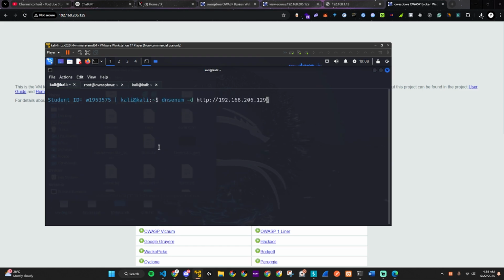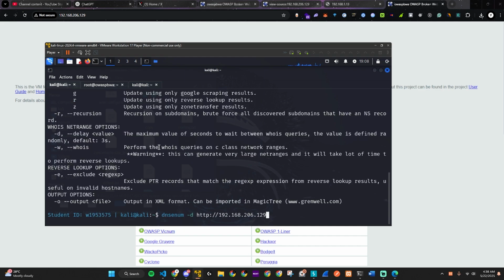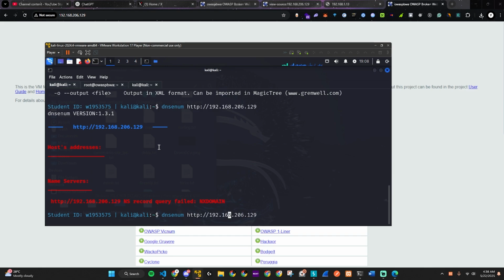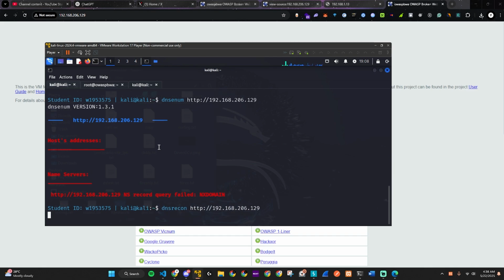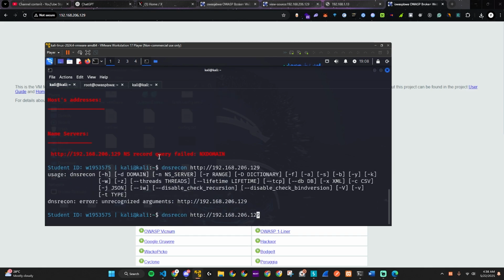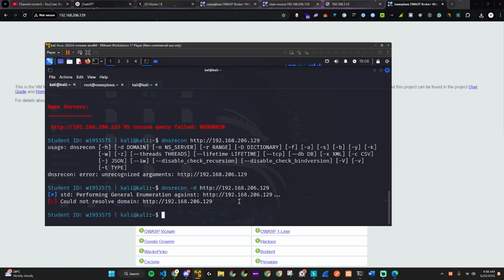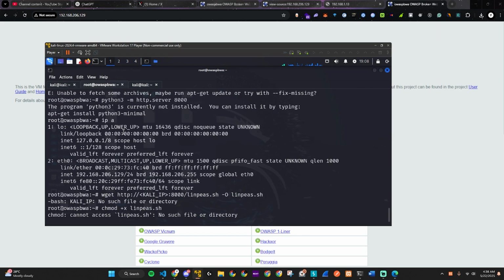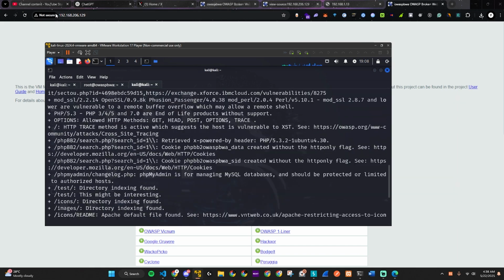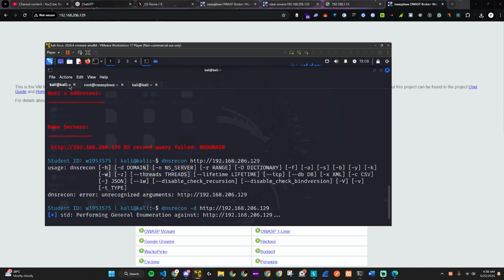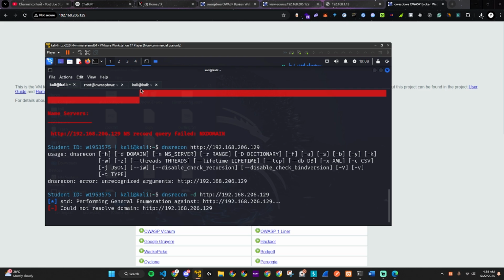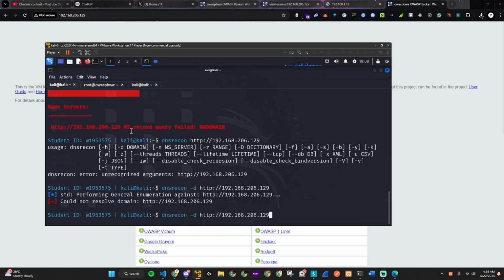Interesting. Okay, we'll try it without the D. We'll try it without the recon. Well, we gotta use this, I guess. Okay, couldn't perform. Interesting. Maybe because this is the DNS itself, the IP itself. Right, interesting. So if I do something like